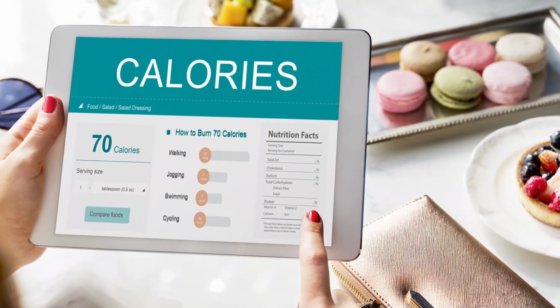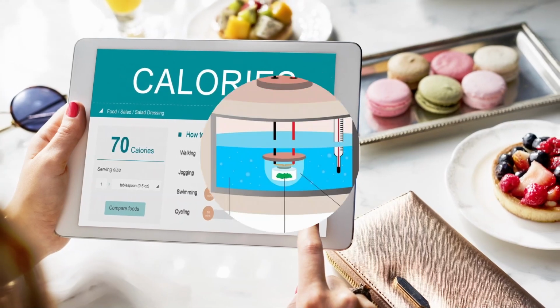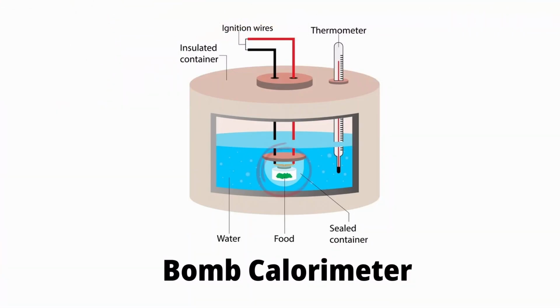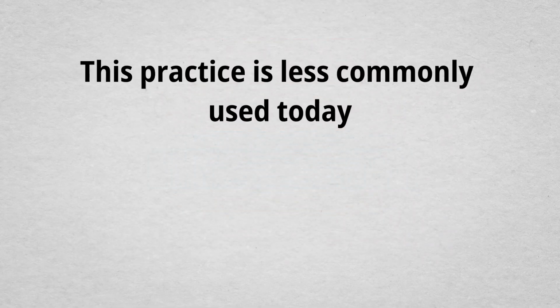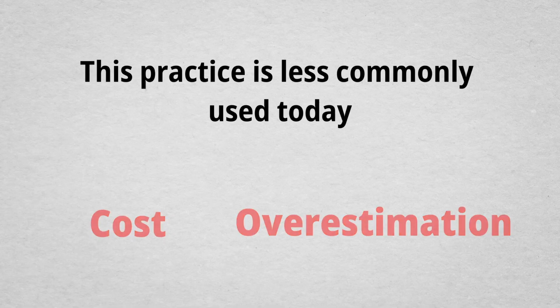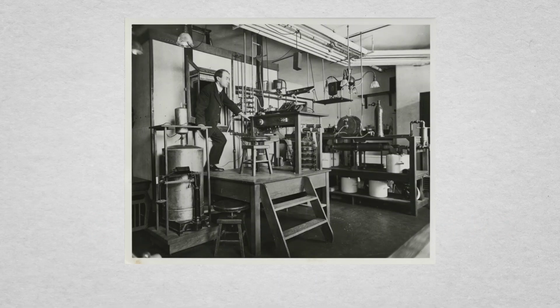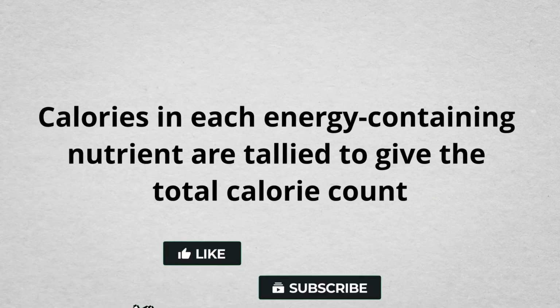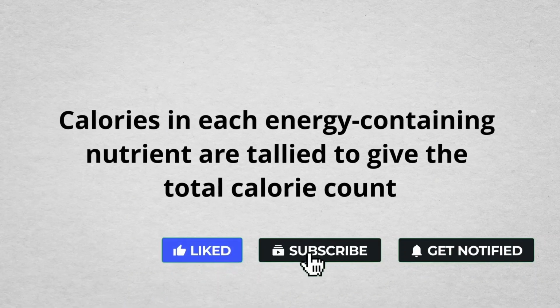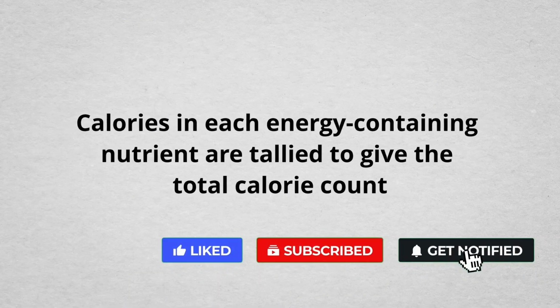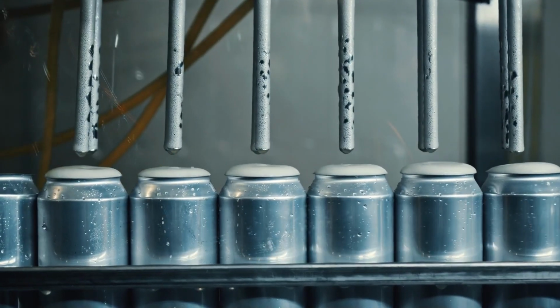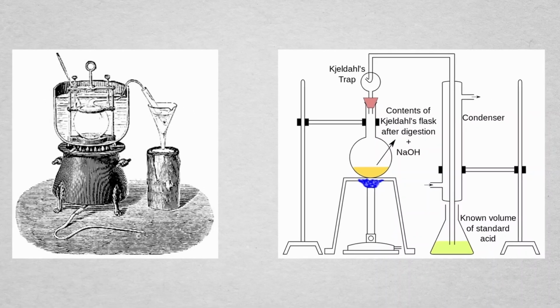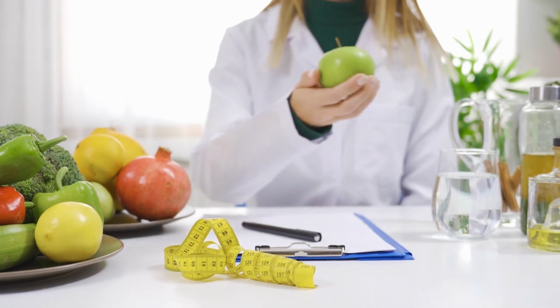Lastly, in terms of caloric value, a tried and true method involves a bomb calorimeter, where the food is burnt and the resulting rise in water temperature indicates the caloric value. However, this practice is less commonly used today due to cost and the overestimation of edible calories. The popular route being taken now is the Atwater system, where calories in each energy-containing nutrient are tallied to give the total calorie count. Due to technological advancements, these traditional methods are being replaced with online databases and nutritional analysis